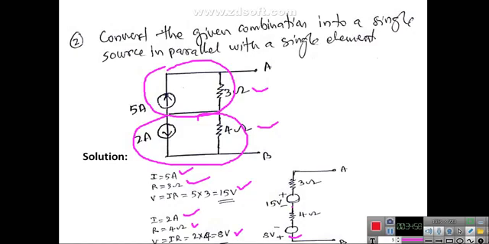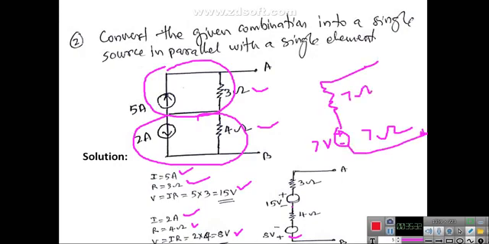This is higher, this is lower. So 15 minus 8 is nothing but 7 volts. The polarity should be this one, positive and negative. And 3 plus 4 is 7 ohm. So the resultant of those two is 7 ohm. That is how you can replace these two sources by a 7 volt source, and similarly the resistance will be this 7 ohm. So this is the equivalent circuit of this.